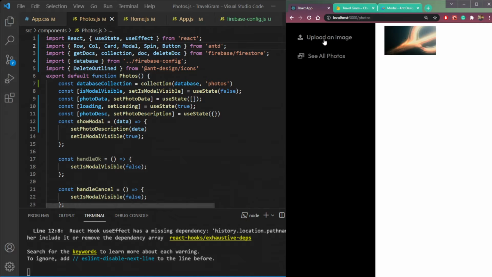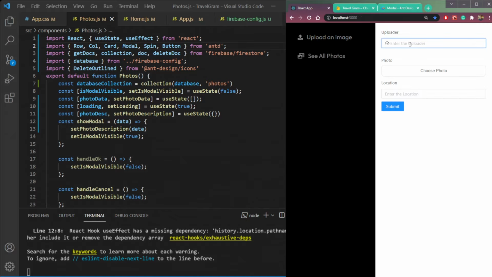Fine. So let's add one more image here. So uploader, Nishant, choose one photo. So let's select this lake image. It's uploading. And the location, let's say Patna. Click submit. Data sent.